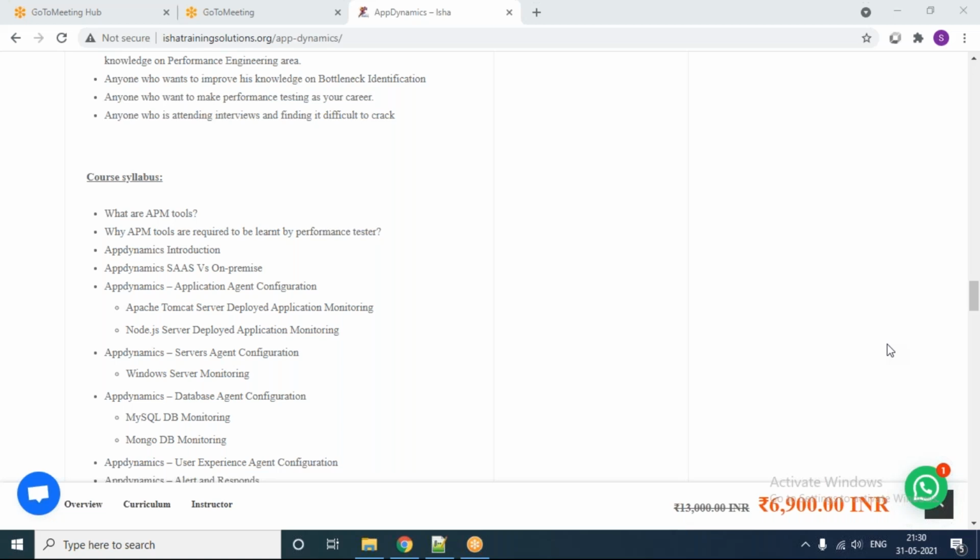They will tell you on which process, which thread, which particular service you are spending more of your CPU, more of your memory, more of your response time. All those one layer above, you will get more detailed information using this APM tool.